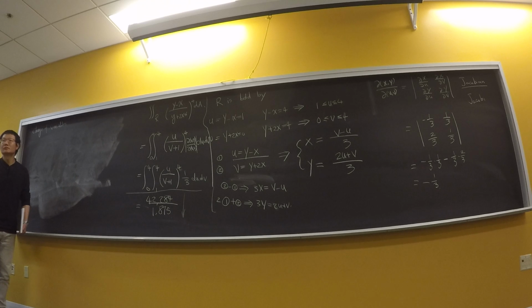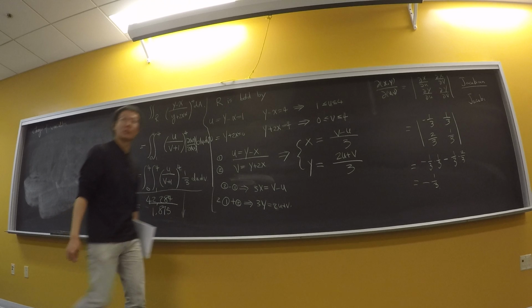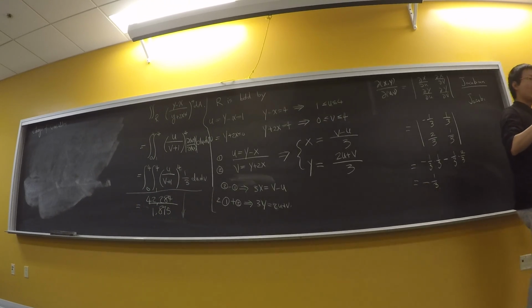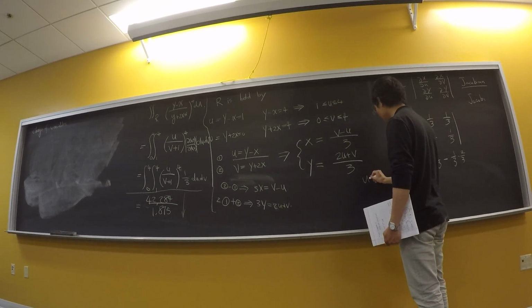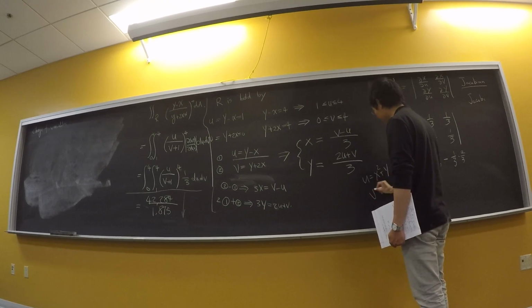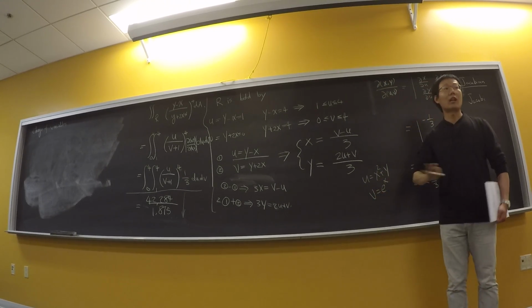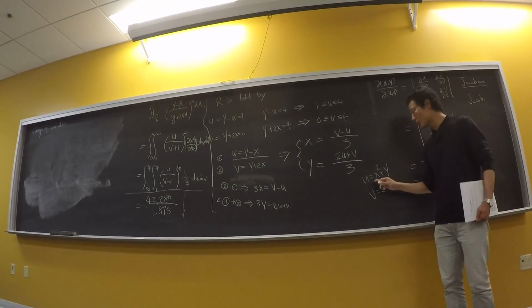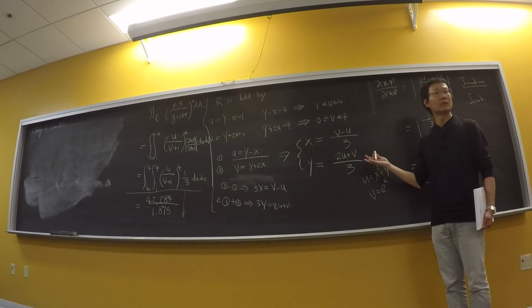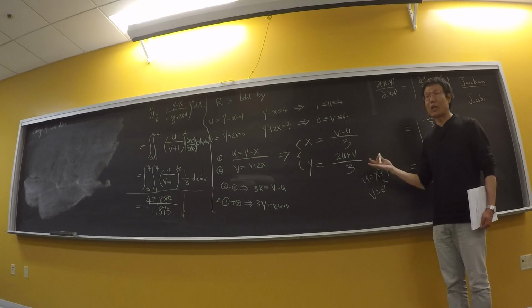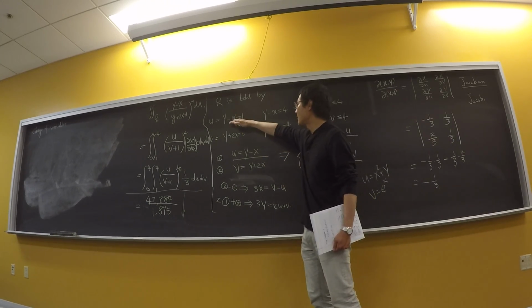I'm so confused. How did you get that u and the v? Oh, the way of choosing the new variables. Here's the point. If you have a pair of old variables x, y, you want to introduce a new pair of variables, u and v. You can introduce the new variables arbitrarily. You can let u be equal to x squared plus y. You can let v be e to the x. You can introduce a new pair of variables arbitrarily. But the problem is I have to make sure this new pair is useful here. It is related to the problem somehow. And a way of doing that is if I look at the boundary defining functions,